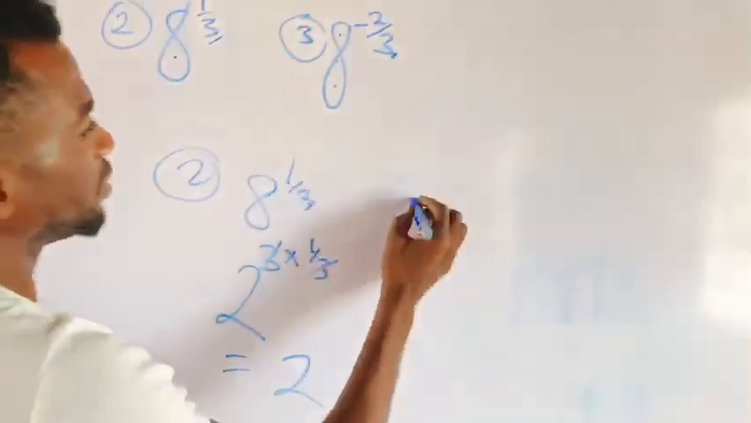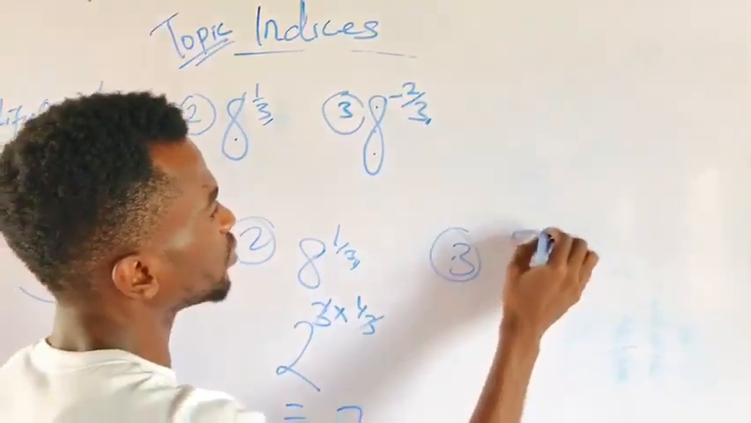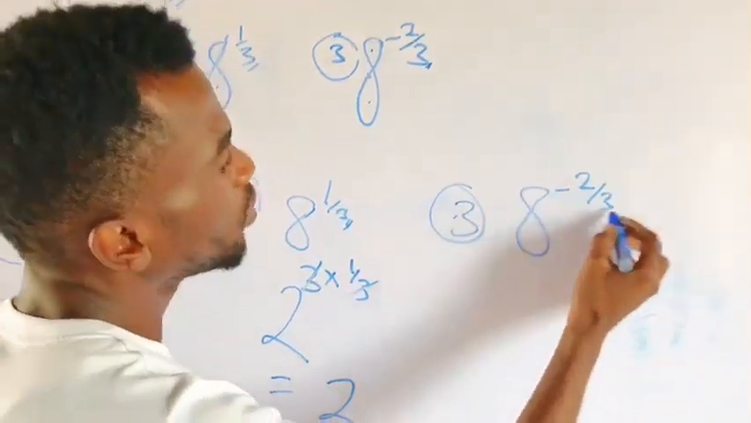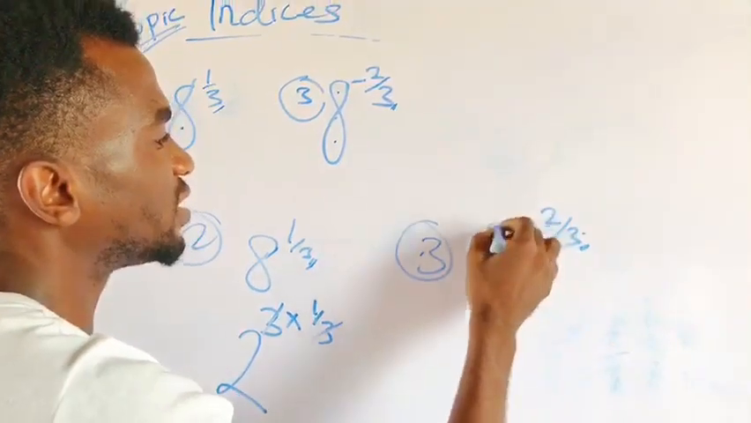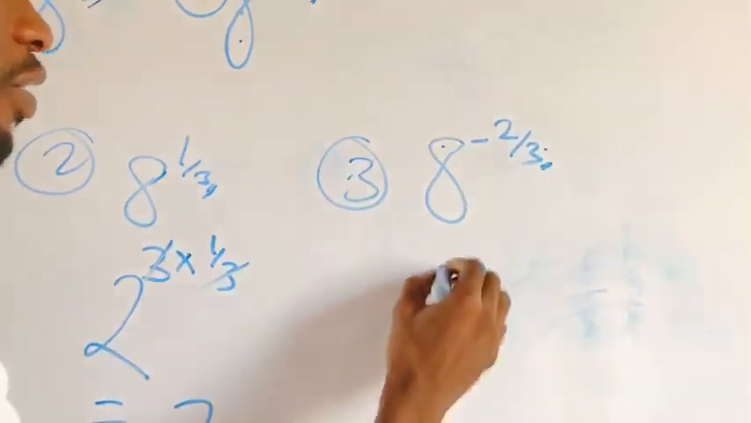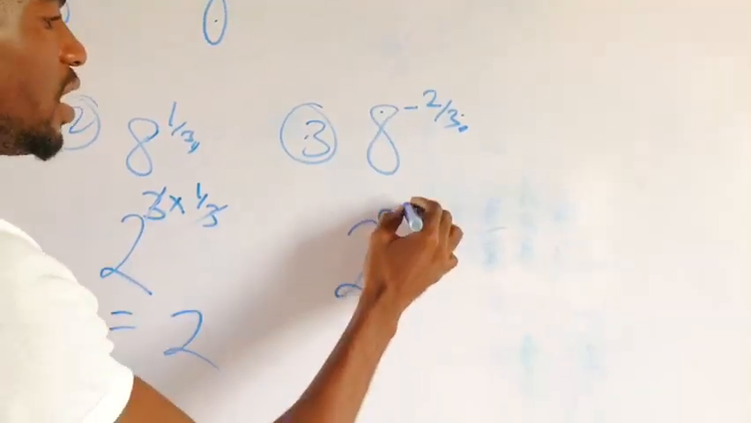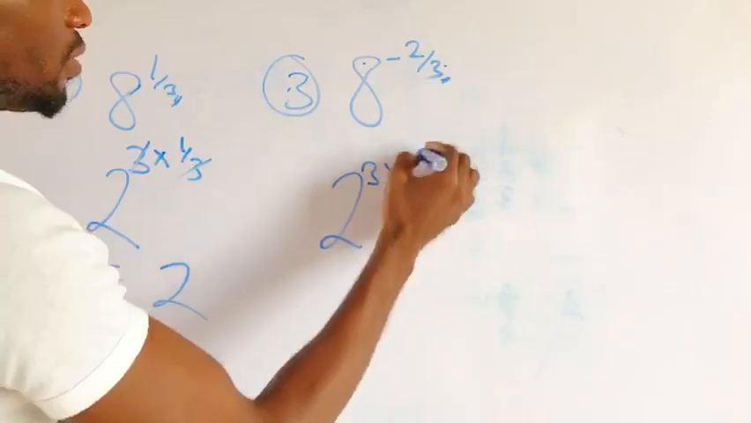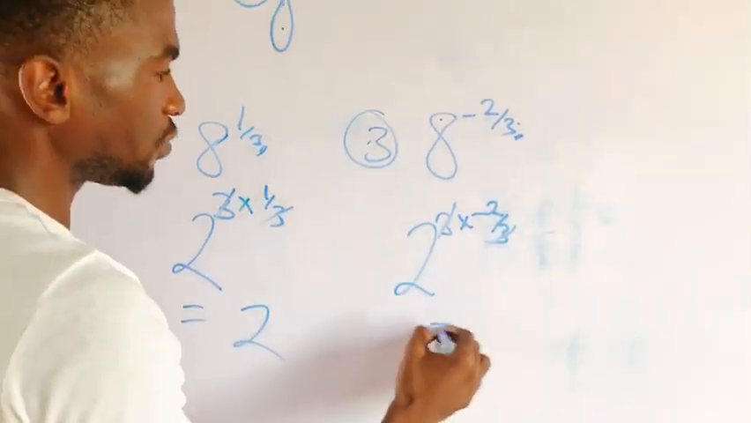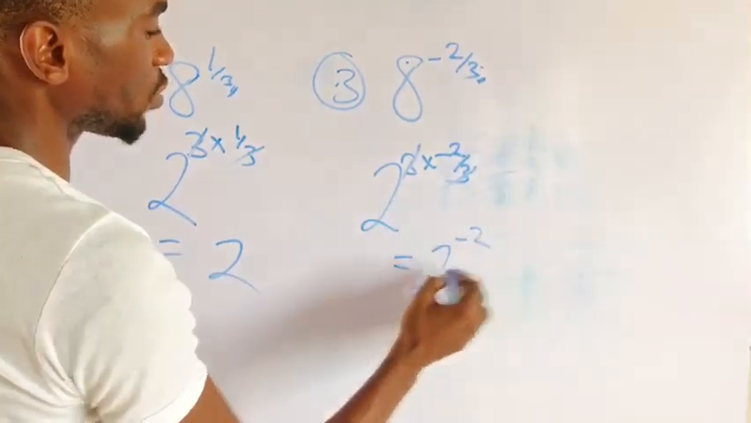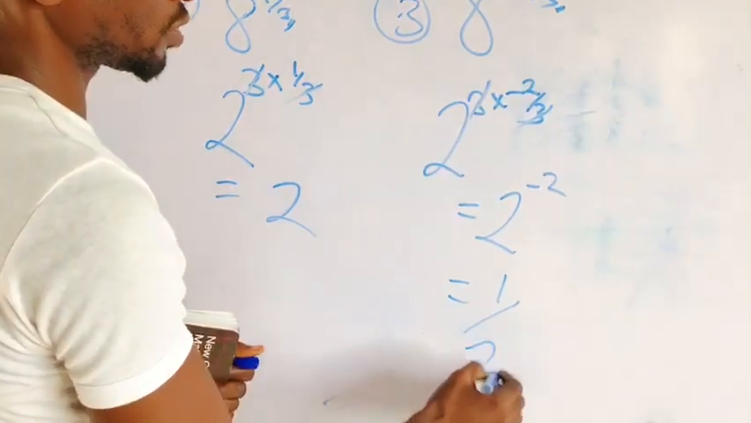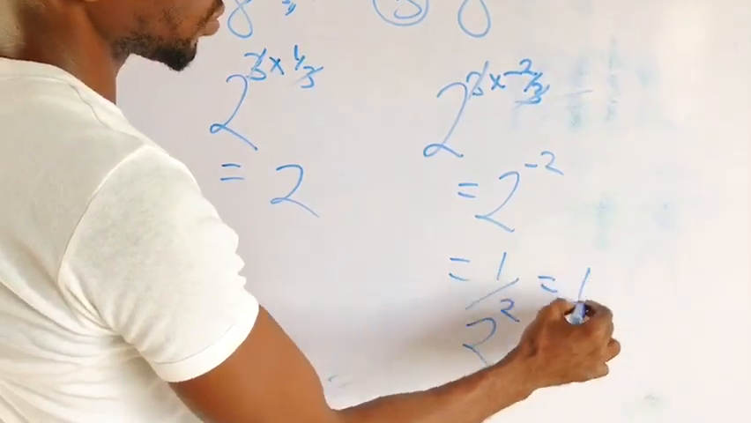Alright. The other one, example 3, says 8 raised to the power of minus 2 over 3. Now the same thing you do. Which number can I raise to the power of 3 to get 8 as this whole number? 2. If I raise 2 to the power of 3 it is equal to 8, then times this minus 2 over 3. So this 3 can cancel 3. I'm now left with 2 raised to the power of minus 2. And the law of indices tells us if you have this, it should be equal to 1 over 2 raised to the power of 2. This is equal to 1 over